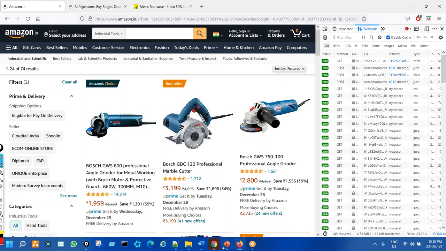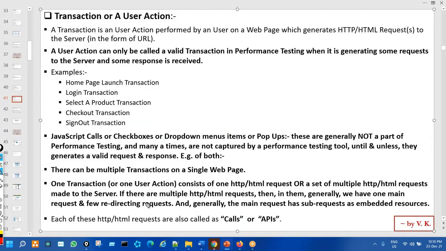Right? Then, this one last thing you have to remember. For now, I'll show you, do not worry. See, sometimes one transaction or one valid transaction, one user action, consists of one http html request, right? Only one http html request. Or sometimes it can consist of a set of multiple http html requests made to the server, right? So as an example,